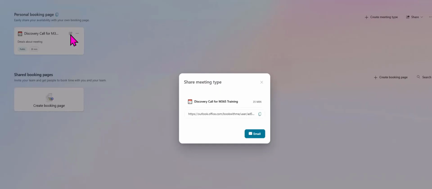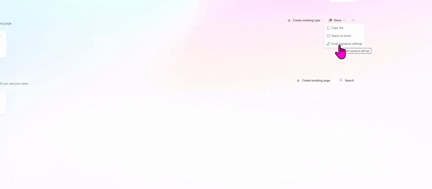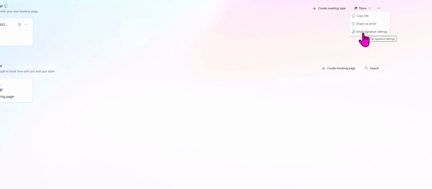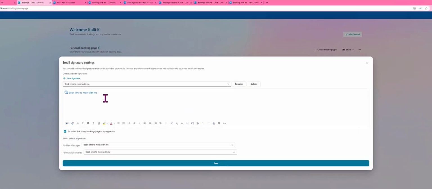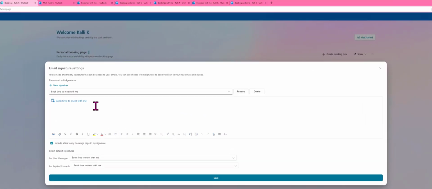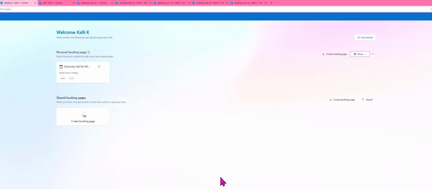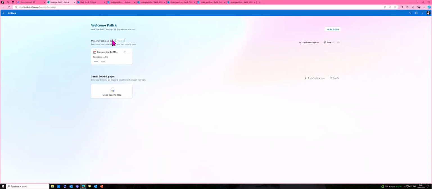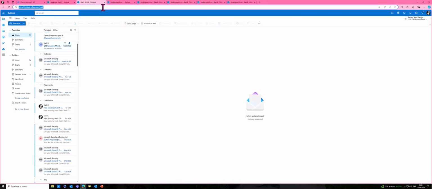Now, another thing we can do here is I can go ahead and share this meeting and I'm going to copy or email this to someone. Once again, if I go to share, I have the option to copy the link, share by email, and if I select this email signature setting, you'll see that I have the option to include this in my signature and of course hit save. Now actually let's go ahead and copy our meeting, and because I want to show you